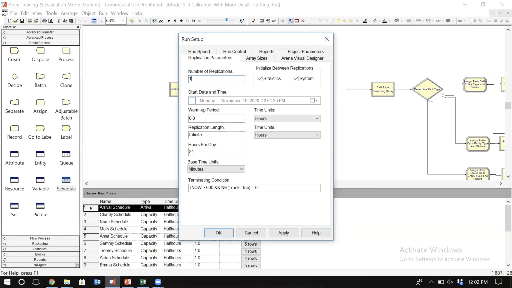This would be equivalent to observing what happens in this call center in just 1 day. However, that 1 day is just one sample, or one instant, of what happens in this system in each day. If we want to have more reliable reports and results, we want to be able to collect data for more than one day. So we want to be able to, for example, observe what happens in this call center